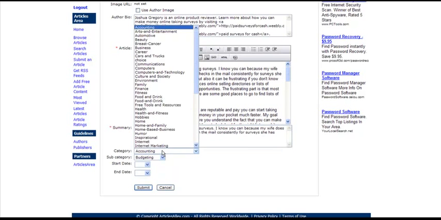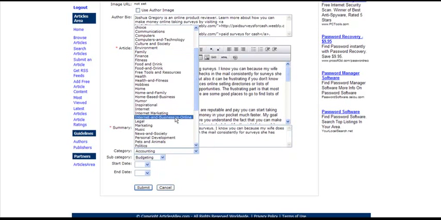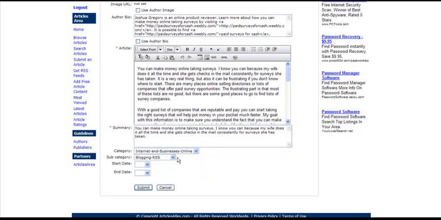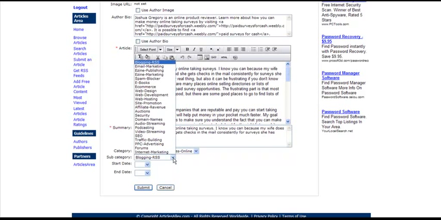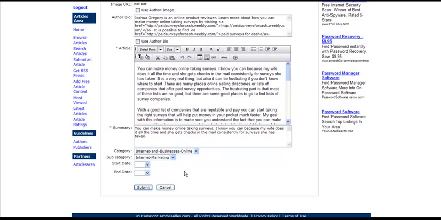Over here it says the category. This is where you would select the category. Again, this would be under whatever topic you are promoting. So let's see here. I would say this would probably fall under Internet Marketing, because that's a way to make money online. Start date, we can set it